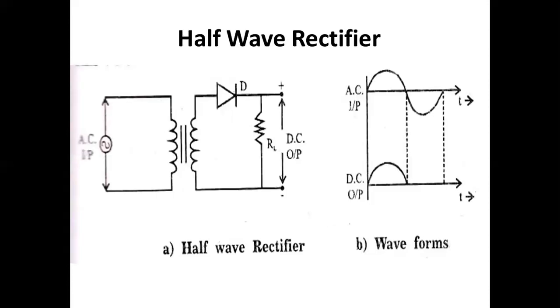Within the half wave rectifier, if you observe, AC input has been given. This is nothing but the source of AC symbol, which is the AC supply given towards the input of a transformer. Either it is a step up or step down transformer, but it's shown in an equal ratio. They are mostly preferred as step down transformers. Therefore, AC input is given to the transformer primary, and then the secondary side. After that, we give that towards the diode switch. Here, the diode is connected, and the diode is connected towards the resistor circuit.